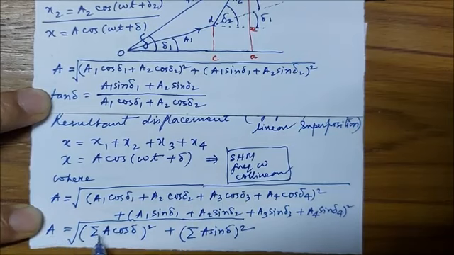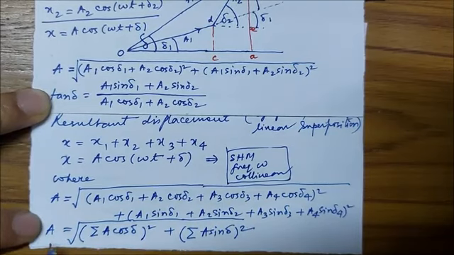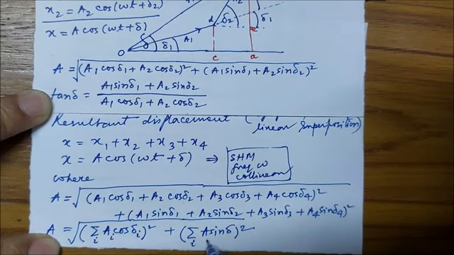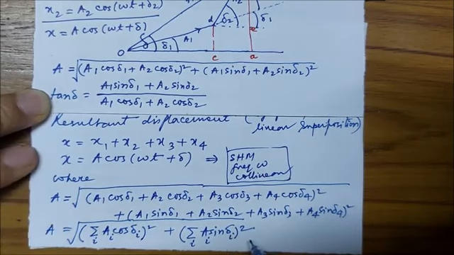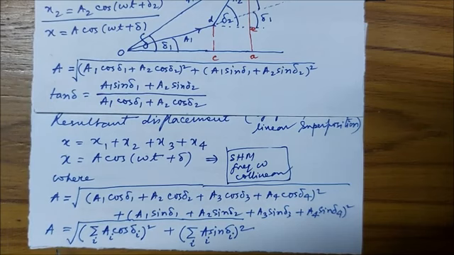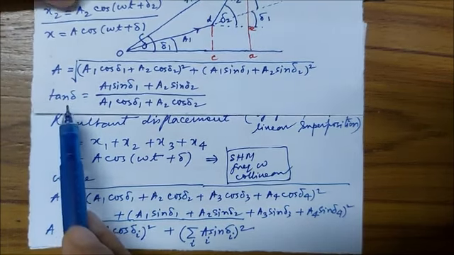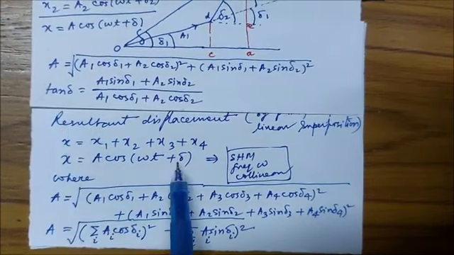And so as not to confuse this A and that A, because this is the resultant and this is the component, let us write it as Ai delta i, summation over i. So this is the resultant amplitude,